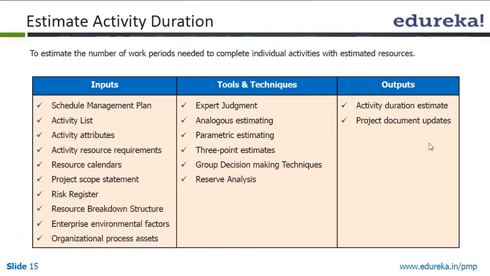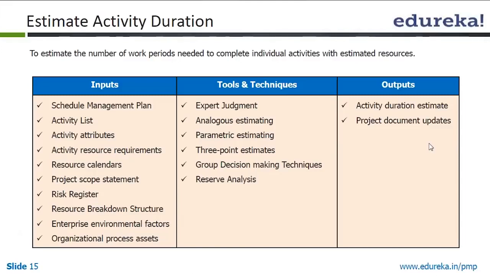Then we estimate the activity duration, how much time each activity will take. This is done after the resource is assigned, because it is the human resource who should estimate his own time. The reason is he is the expert and knows exactly how much time he will take to complete that work. Once he does the estimation, he will have the commitment towards it. The project manager can definitely ask questions or challenge if the estimate given is very high or very low.